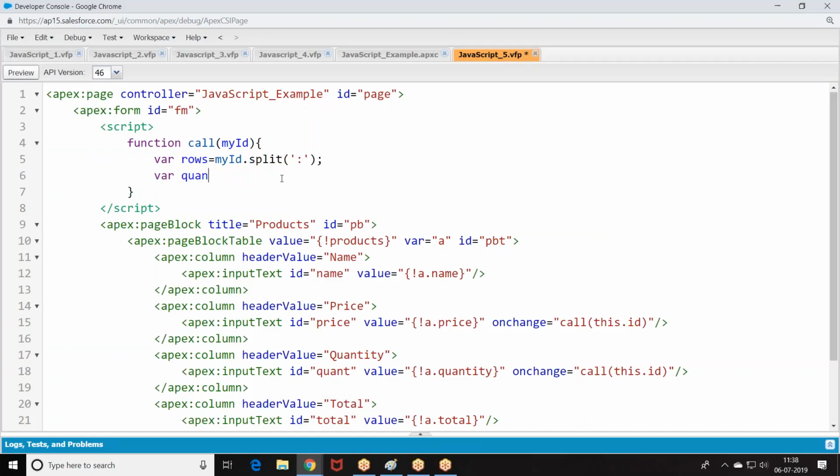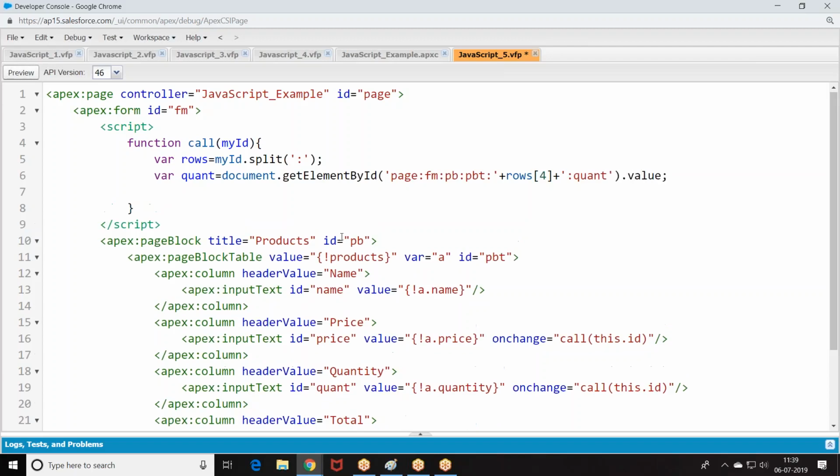Document get. Oh, I removed that. Page, form, page block, plus row of 4. If you know the row number, the remaining we can read.